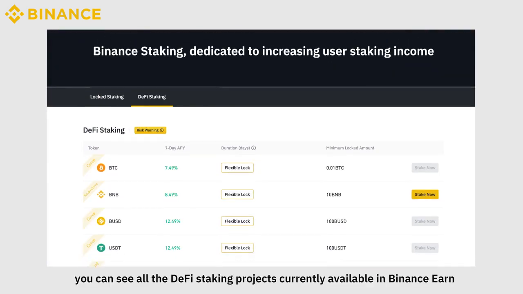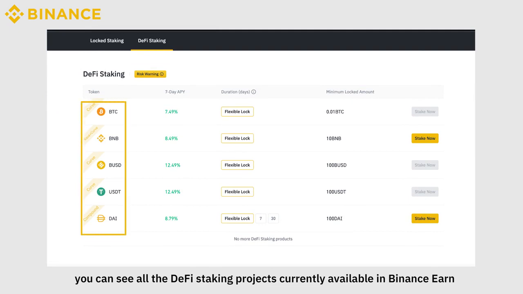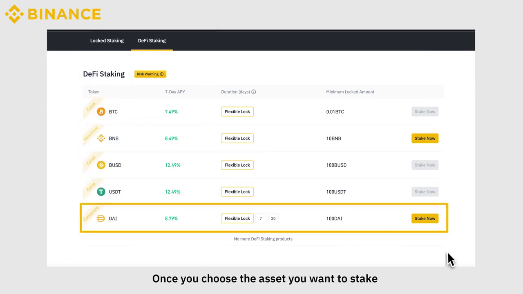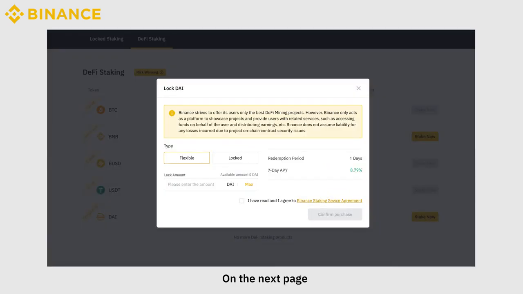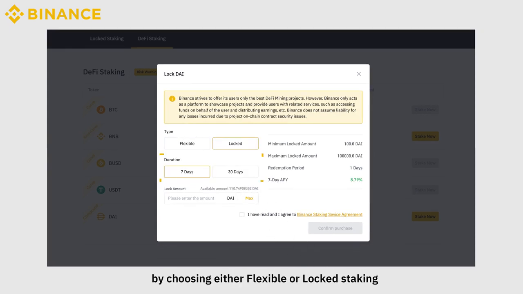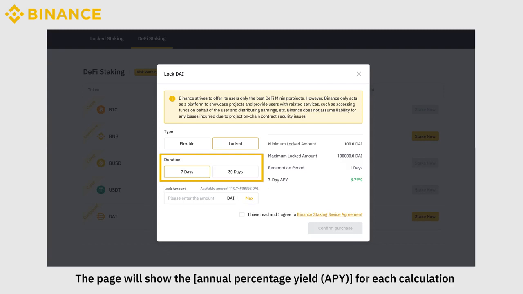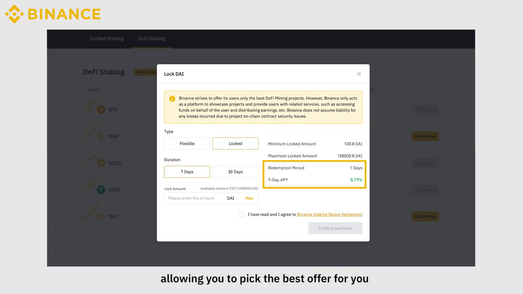Here, you can see all the DeFi staking projects currently available in Binance Earn. Once you choose the asset you want to stake, click on Stake Now. On the next page, you'll find all the details about this staking offer. You can play with the calculation by choosing either flexible or locked staking and adjusting the duration. The page will show the annual percentage yield, APY, for each calculation,